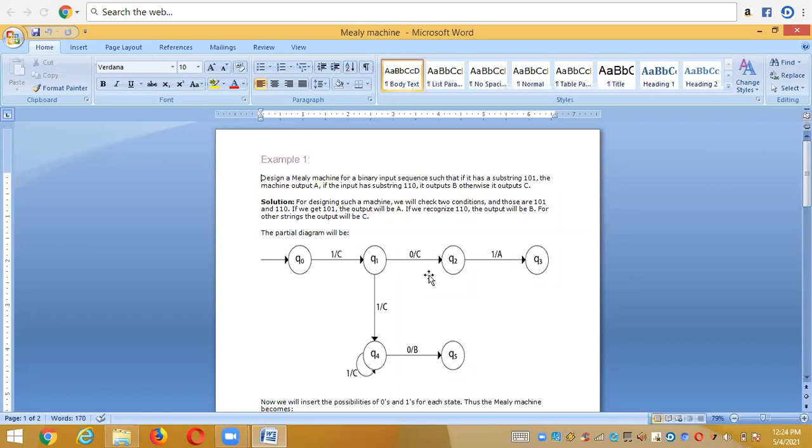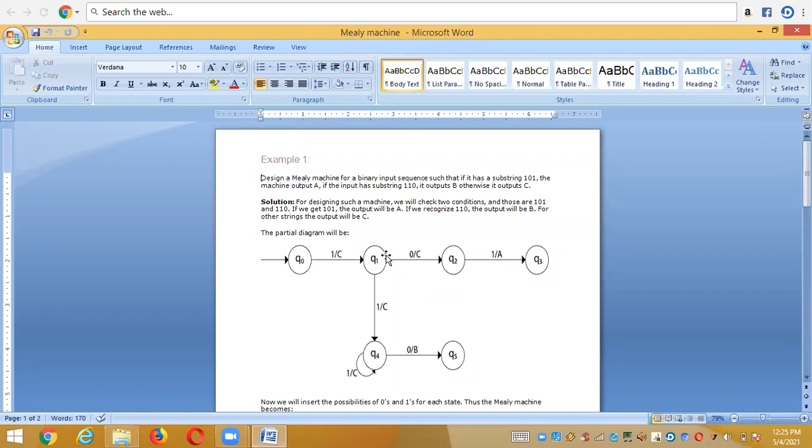If you get 101, you need to write output A. If you get 110, you need to write output B, or else if you get any other string, you write C, right? See here. First I am drawing a transition for 101. Initially I'm not writing any output alphabets, I am just drawing the transition for 101, starting with 1 and ending with 1.